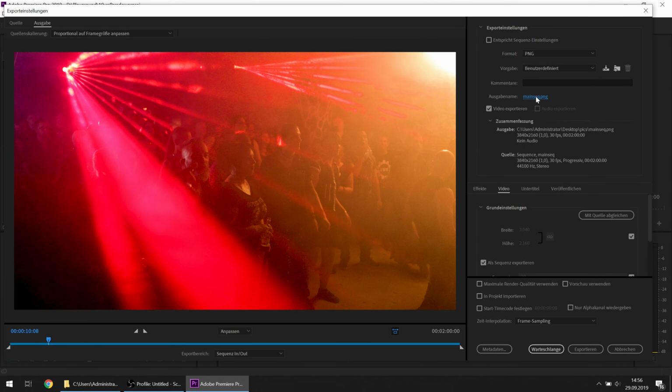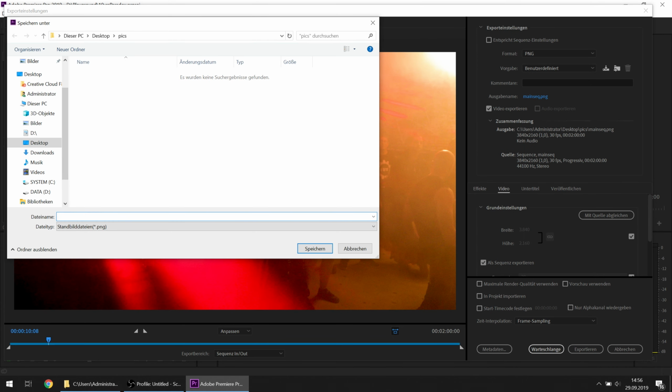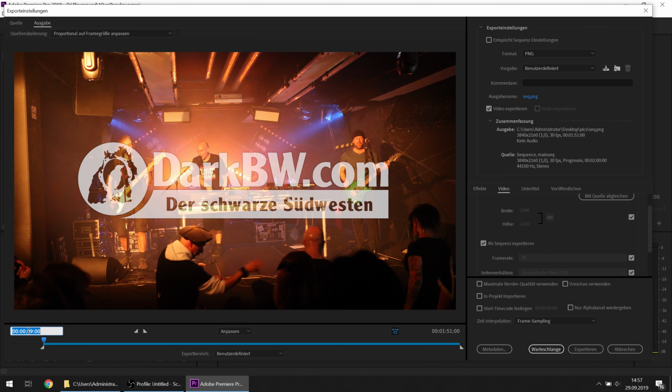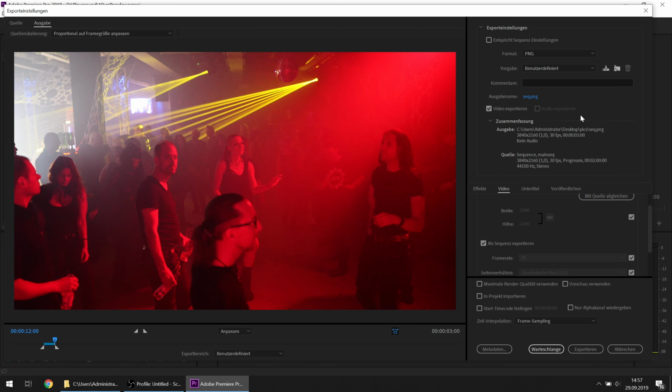So when I export this, I choose 4K resolution, you can see here 4K and also 30 frames, so everything is mapped to the source. And let's say I start on second 9 and end on second 12, so that we just have a smaller region. When I export this, and by the way,